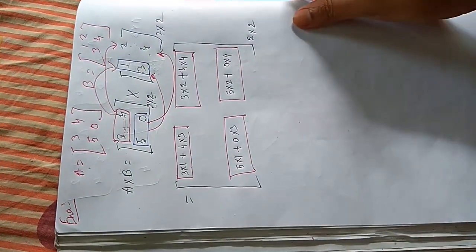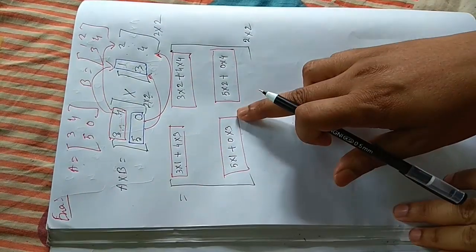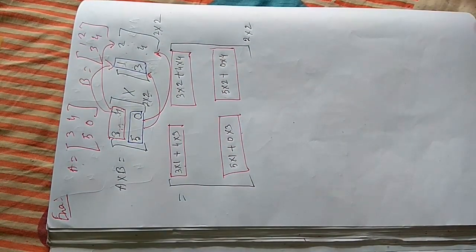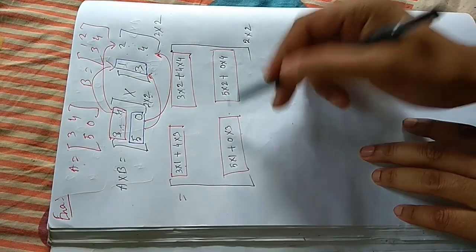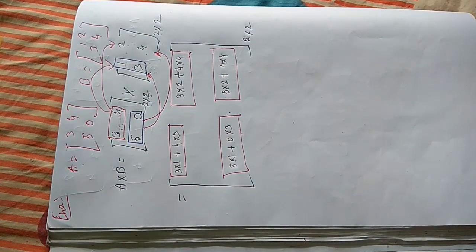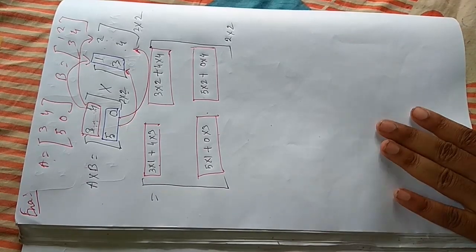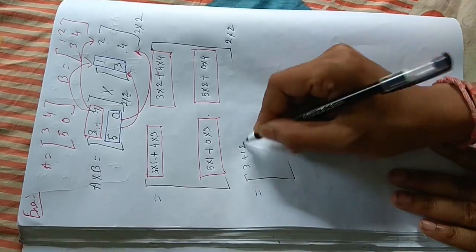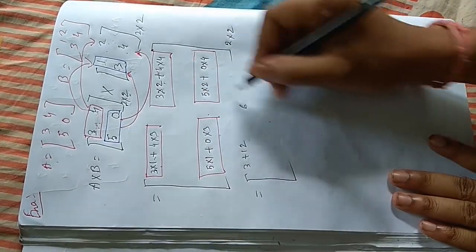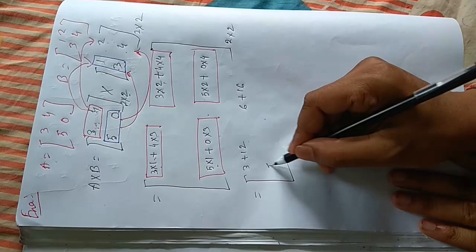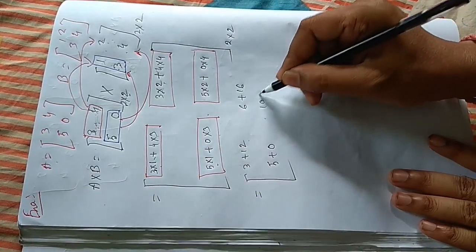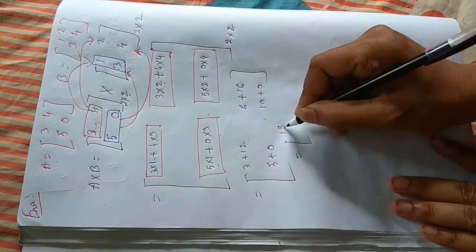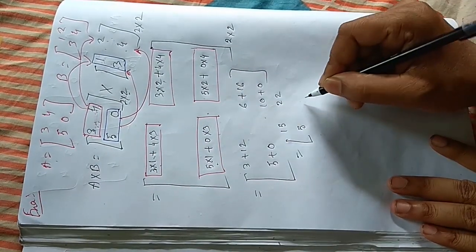Okay, after you know the process, you don't write this pattern, you multiply directly. Okay, it is the process. The first time you learn how to multiply, that's why we write this out. But as you practice more and more, you get the direct answer. That means this line: 3 into 1 is 3, 4 into 3 is 12, 3 into 6 is 6, plus 16, 5 into 2 is 10, 0. Okay, so the final answer is 15, 22, 5, 10.